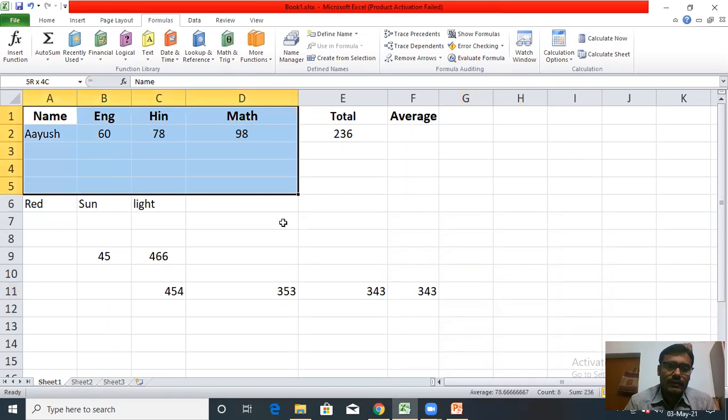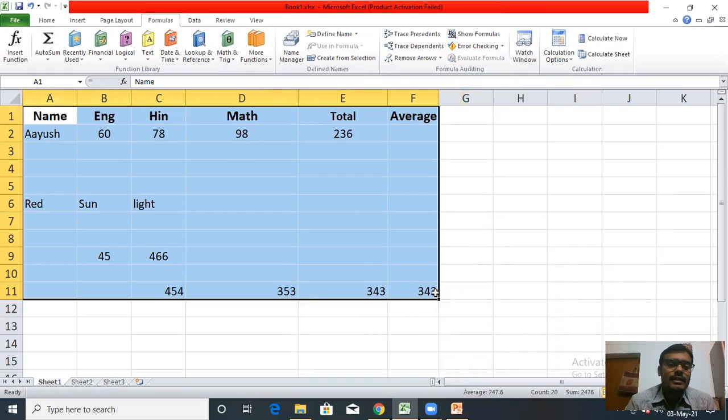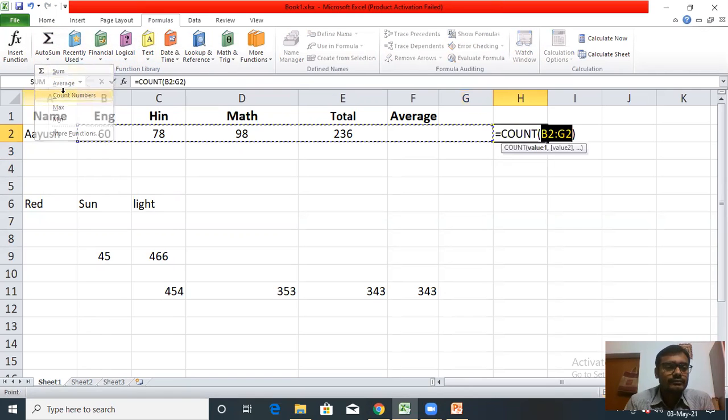Okay, so first you select the range of cells and then you can use count number function. Don't select the cells. You have to select the target cell where you have to find the result. Suppose you have selected cell number H2. Now you can use count number functions. Now you can select the range of cells.